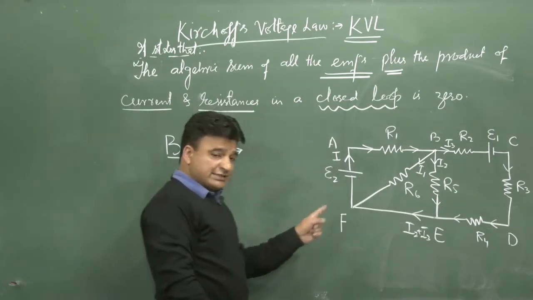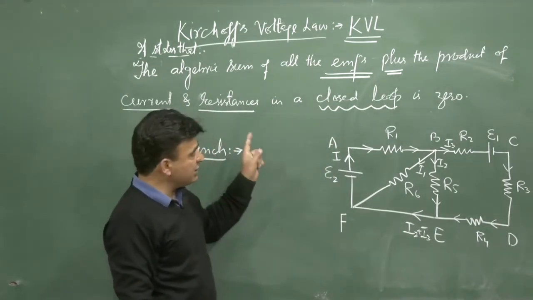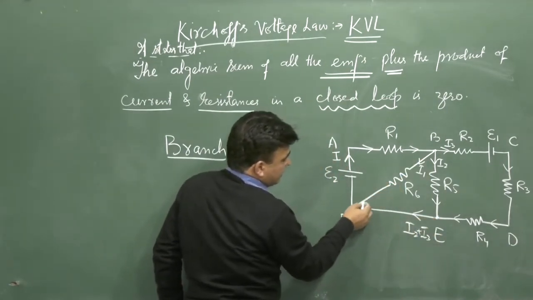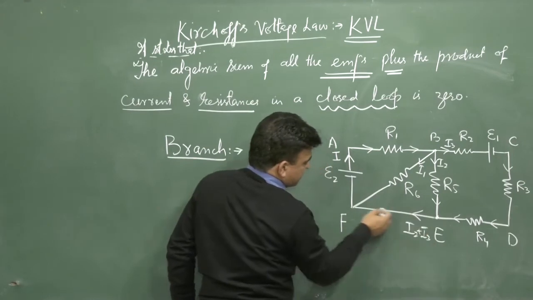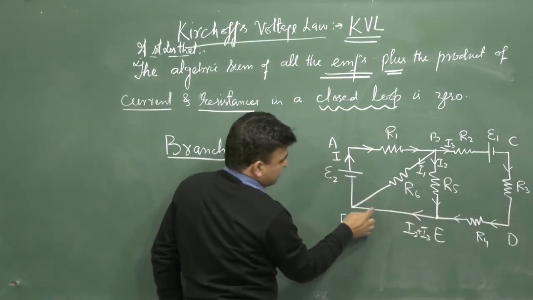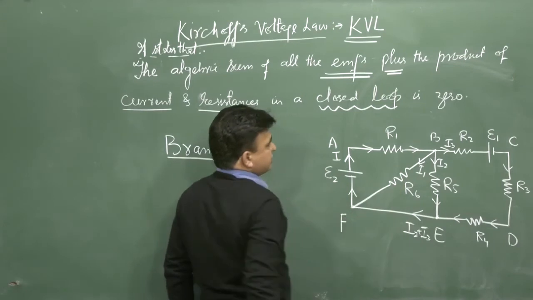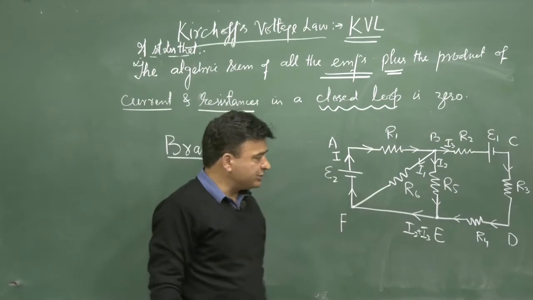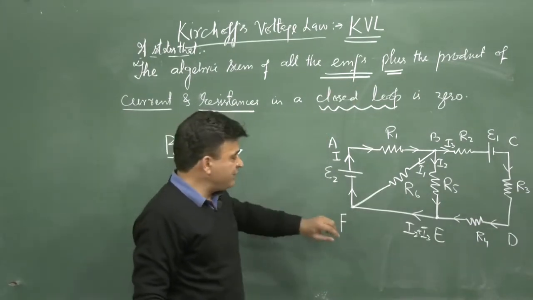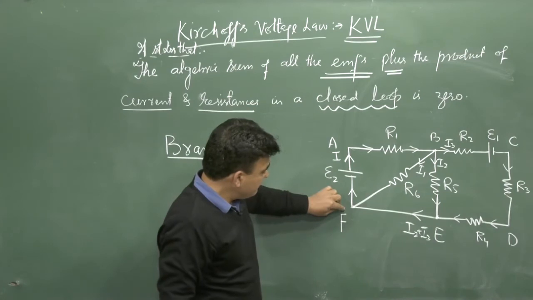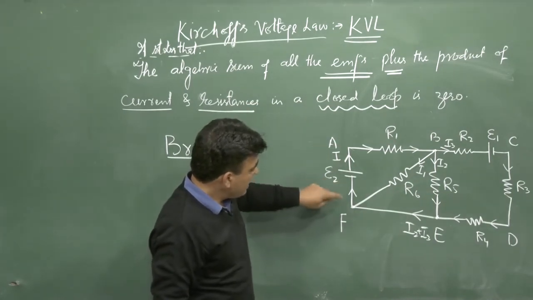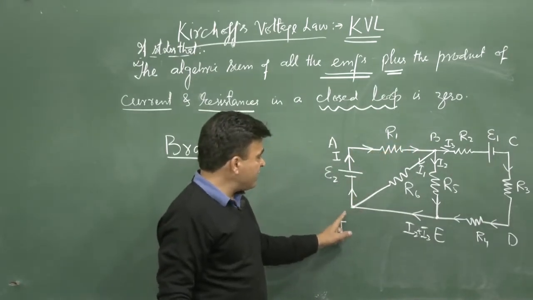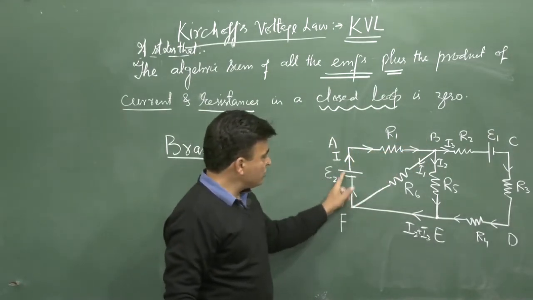I am using KCL, Kirchhoff's current law, first law, at every point. Now, here current I1, here current I2 and I3 is coming to this point. The sum of these three will be again I, which goes in this direction. Now, this is the circuit where I have shown the distribution of current also. Now, if we start from F and go along F to A there is a current I, A to B there is also the current I, that means FAB is called a branch.